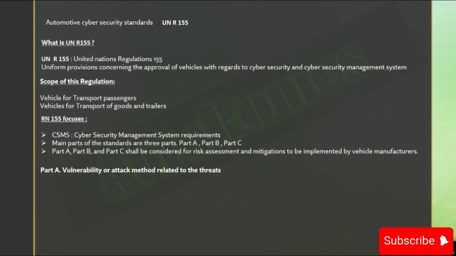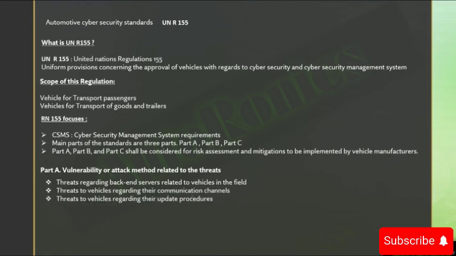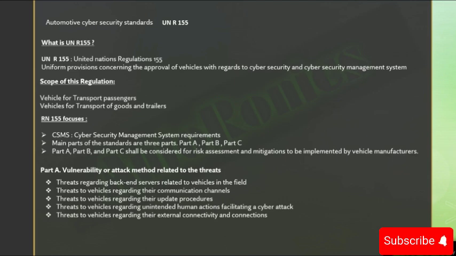When you have the document, this will help you to understand how the document is structured. In summary, Part A discusses the threats regarding backend servers related to vehicles in the field, threats related to the vehicles and their communication channels, threats to vehicles regarding their update procedures, threats to vehicles regarding unintended human actions facilitating a cyber attack, threats to vehicles regarding their external connectivity and connections, then vehicle data or code, and potential vulnerabilities that could be exploited if not sufficiently protected or hardened.